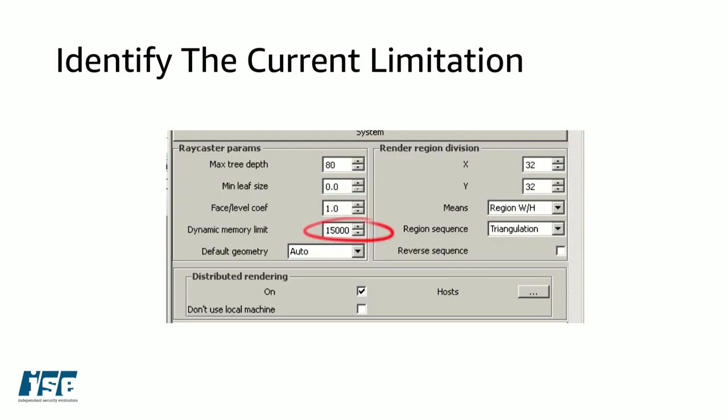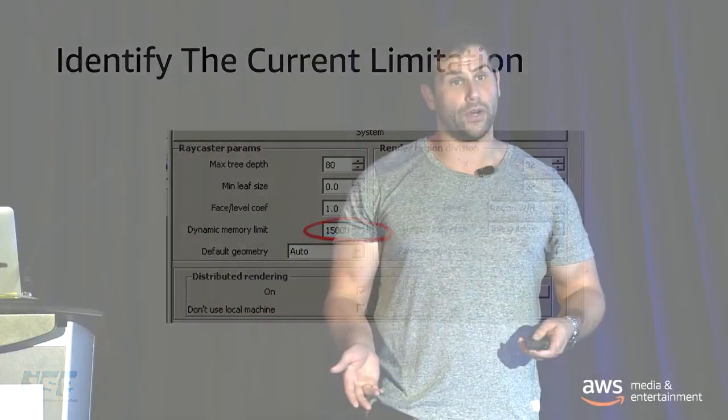In order to do that, what they did was identify their current limitations. So they know if they have 20,000 cores on premise and they need to render 100 million plus hours of VFX shots, that they're going to need to be running their render farm 24/7 for about 180 days, which is not acceptable for most productions. We all know that productions need to get the job done by a specific date because deadlines cannot slip, and they can only start working once all the materials are ready under the hood.